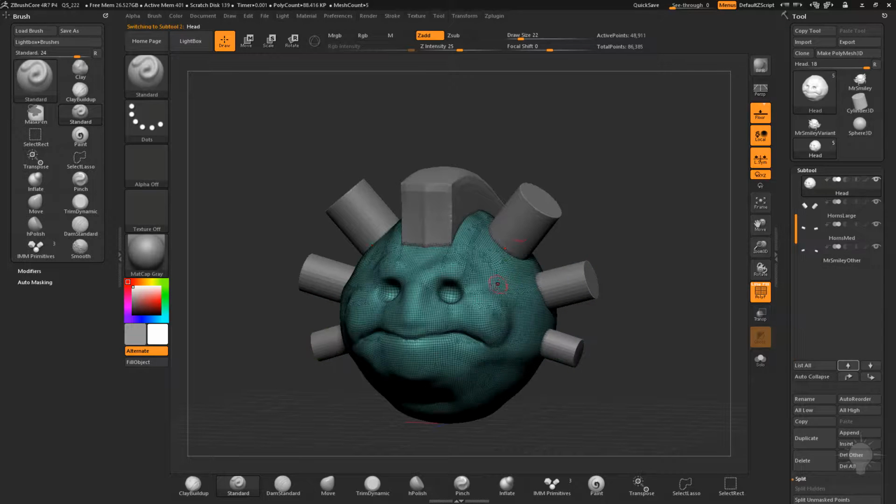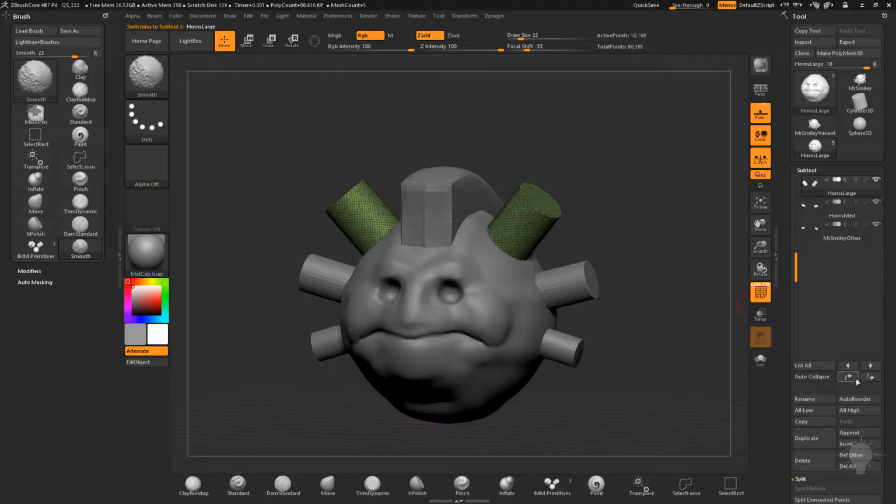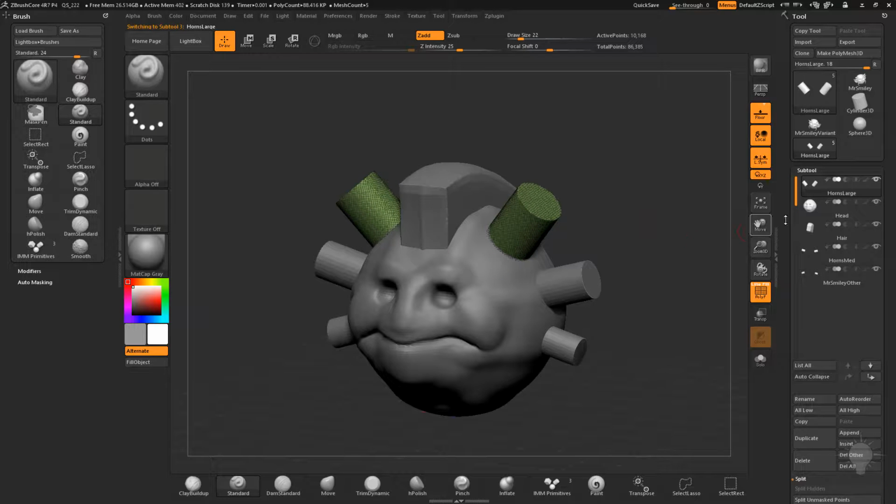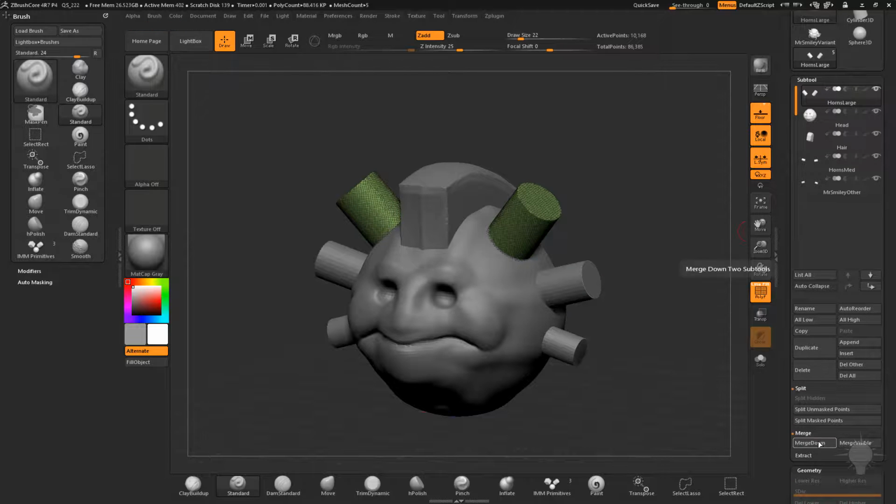So let's say this head and this horn I want to add together. So again, I'm going to Alt tap this to select the subtool, hold down Shift and bend up arrow to shoot it to the top. Alt tap this one, hold down Shift, shoot it to the top. Now if I want to just merge these together and Dynamesh them, all I have to do is have these two together, and I can go down here to merge down, and I can control drag, and it'll Dynamesh them